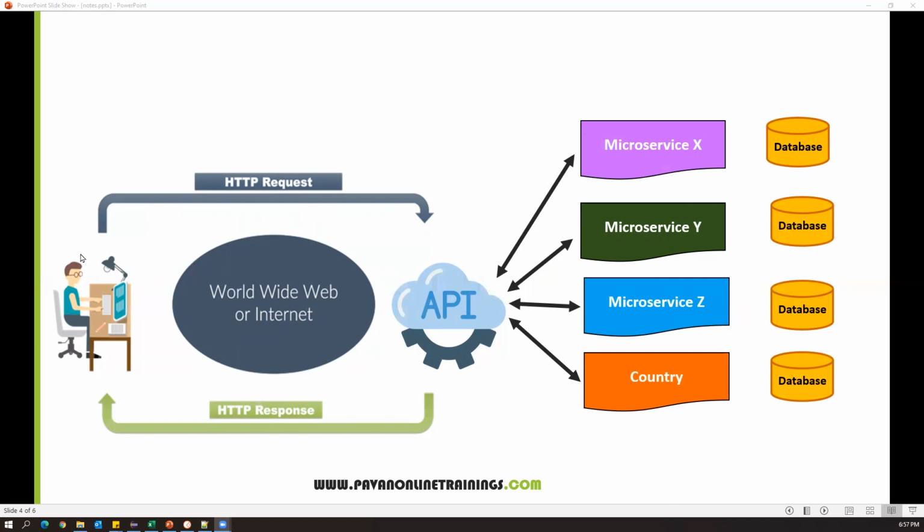So as a user, I want to use that particular microservice. So how can we use them? How can we interact with them? Basically these microservices are present on different servers, right? Only through APIs can we invoke those microservices, or get the benefit of those microservices. So through API endpoints, we can access those microservices, and then we can get the benefit from them.